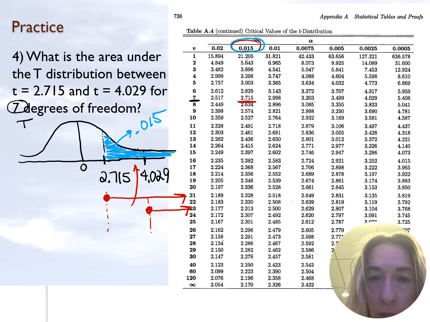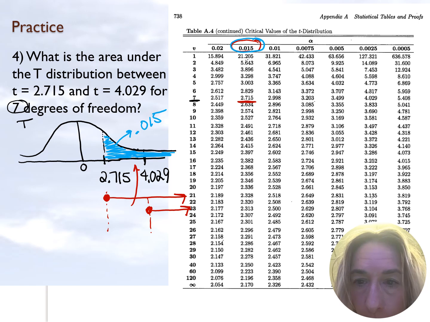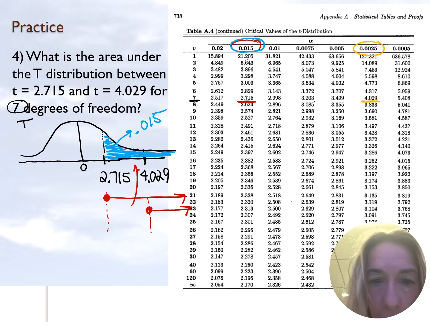For 7 degrees of freedom, all of the area to the right of 4.029 is an alpha of 0.0025. So I'm just going to superimpose that. That area is 0.0025. So doing the math,